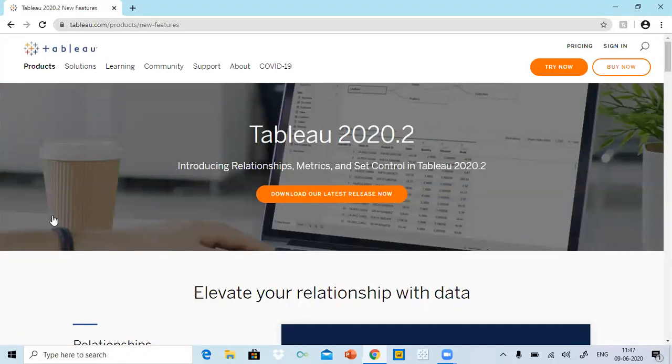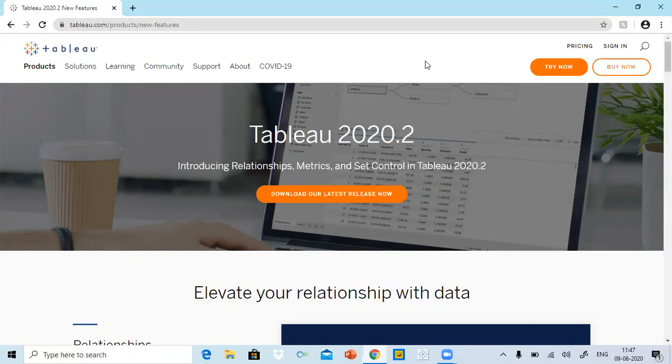Now, what is the procedure to download the software? So guys, as per the Tableau policy, we have two ways to download it. The first one: if I am a fresher, a new learner of Tableau, and I don't want to buy it right now, then Tableau gives you an opportunity to download this software free of cost for 14 days as a trial period.